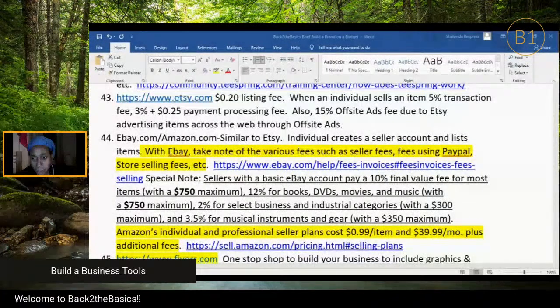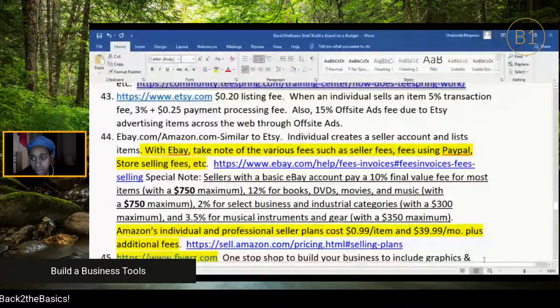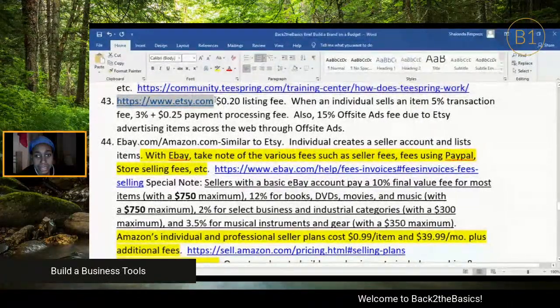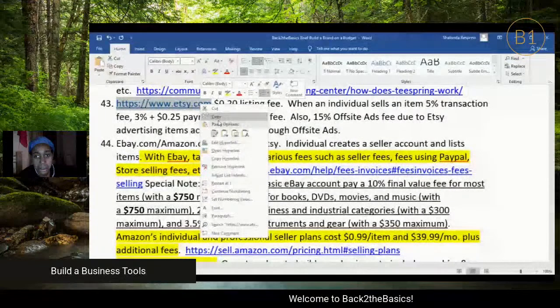There are many tools that can be used to grow your business. So let me drop Etsy, and I'm going to drop eBay,